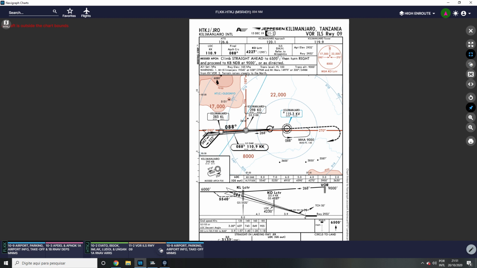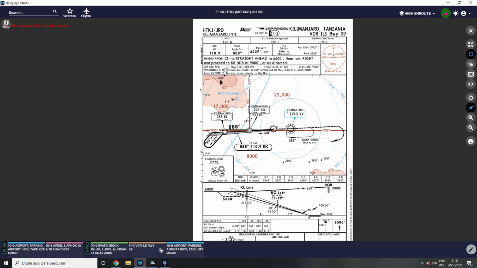So this approach, we'll climb straight ahead, runway heading 088 to 6,500, then right turn and proceed to Kilo Bravo to be at 9,000 or as directed. So that's our missed approach. Runway elevation is actually 2932 feet. Transition altitude 9,000 feet. Warning, we have Mount Kilimanjaro at 20,000 feet approximately at 038 degrees and 27 miles out